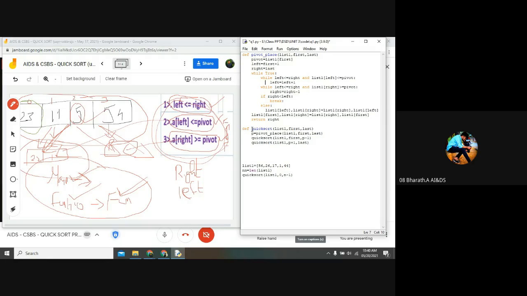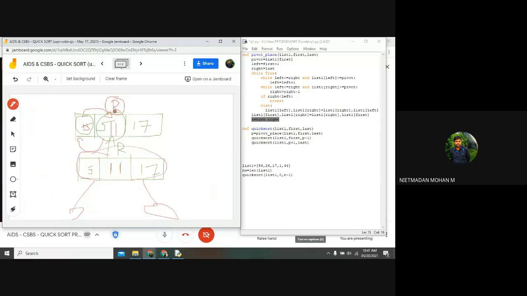Repeat again, sir. One minute. So I am calling this quicksort function. This is my main function. Inside the function, I am calling one more function, pivot_place, with the same arguments. In the first iteration, it finds the pivot, which is placed at the right index, and this p value will become the right.